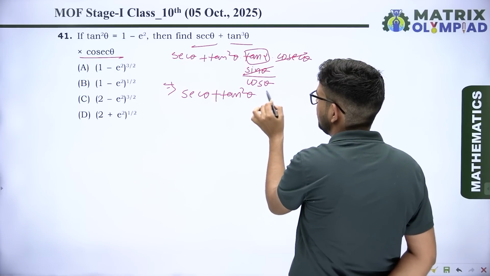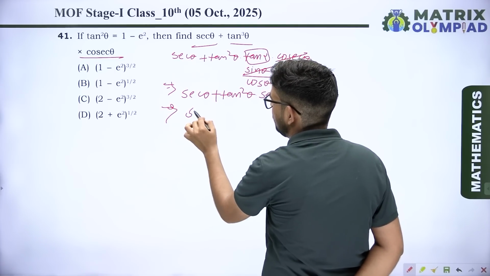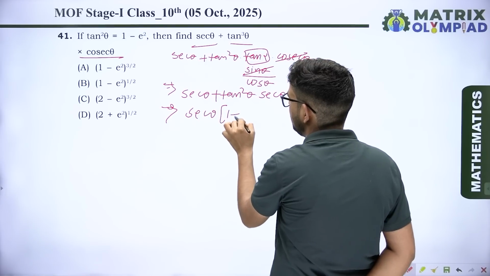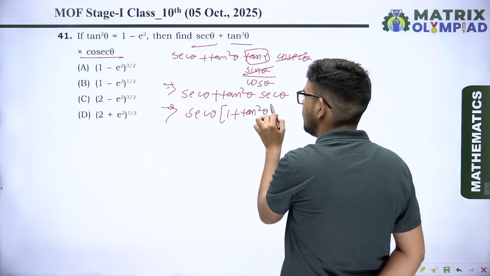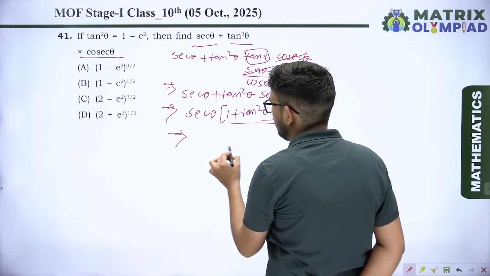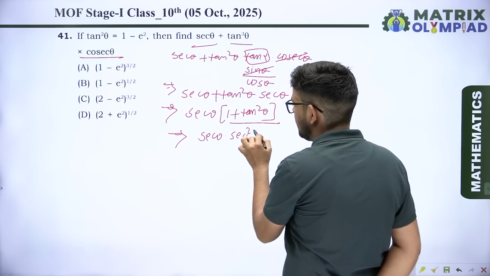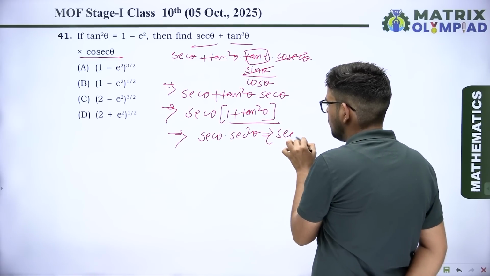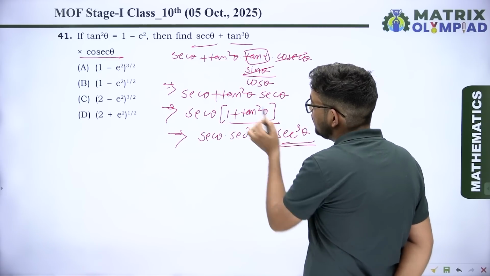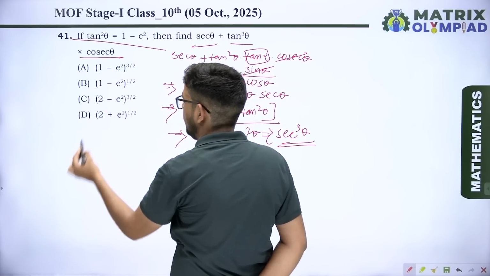1 अपॉन कोस थीटा क्या हो जाता है आपके पास में सेक थीटा। तो ये हो गया सेक थीटा इंटू 1 प्लस tan स्क्वायर थीटा। अब 1 प्लस tan स्क्वायर थीटा भी सेक स्क्वायर थीटा होता है। तो ये हो गया सेक थीटा इंटू सेक स्क्वायर थीटा, मतलब सेक क्यूब थीटा। ये इसका सिंप्लीफाइड फॉर्म आ गया।